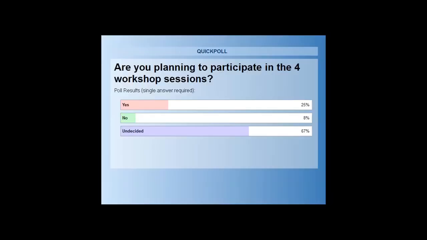Okay, so it looks like we still have a lot of people who are undecided. So if you have questions about what kind of information would help you make a better decision, please type that in and we can help provide some additional information about what the process is, what it's about. Please take a moment to do that if you can think of something that would help you in your decision-making process. And then finally put up the final poll question, if you would, Lisa.